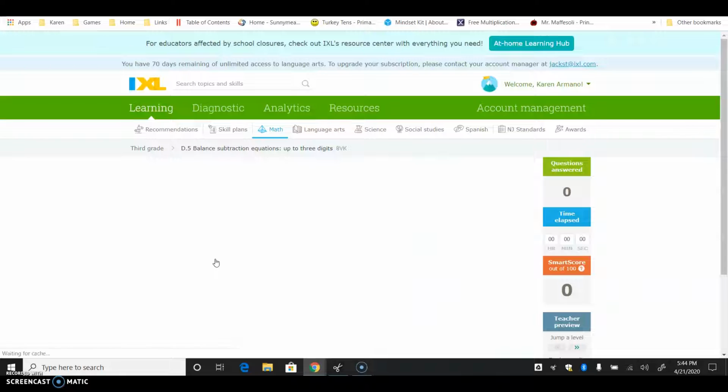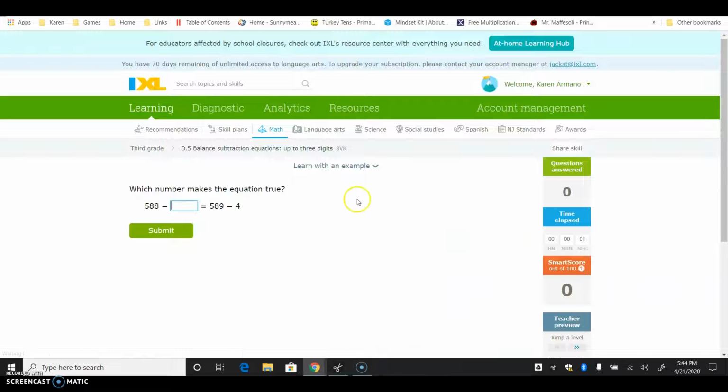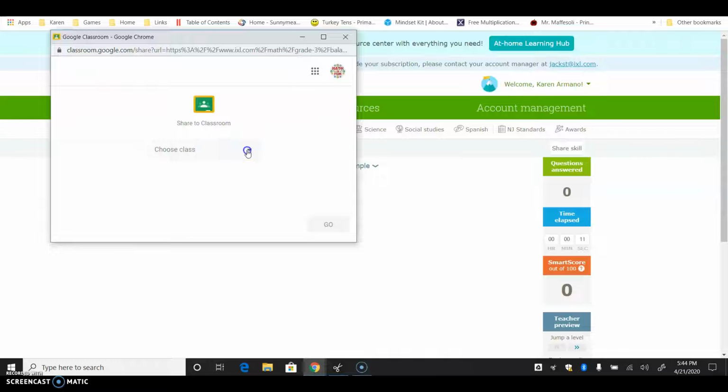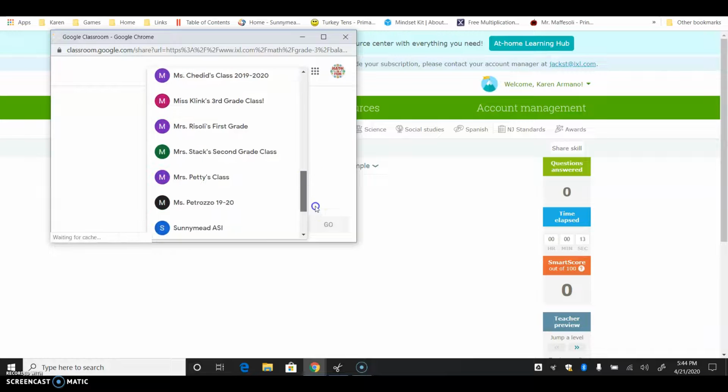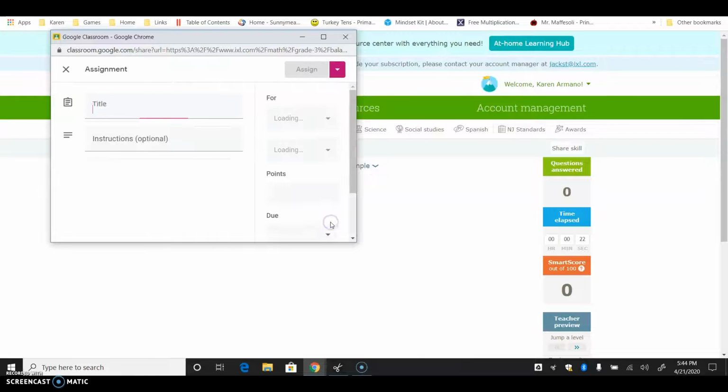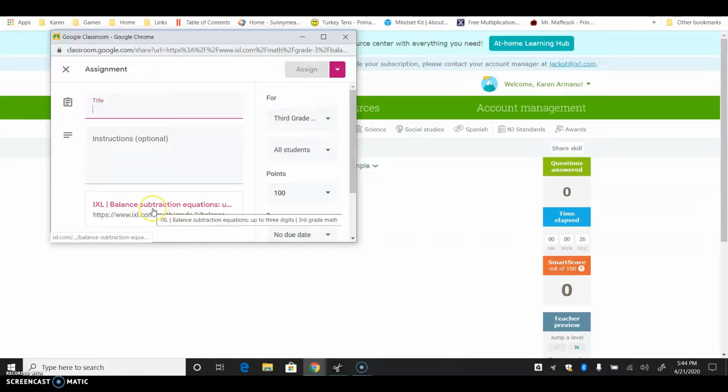you click on the skill, and once you're in the sample, it'll say share skill, and then there are options. You can press the Google Classroom option, and you can choose your class, and then you can say create an assignment, and then say go, and then your assignment will be posted for your students to click in inside your Google